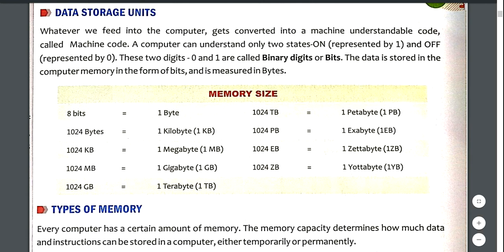Okay, so I hope you understood this topic, the difference between data, information and the storage unit. So you will have the exercise on this. The first question you will have: what is data? Second question is, what is information? And the third is, learn the memory size which is given on page number 5. Means all this 8 bits is equal to 1 byte, and so on till 124 zettabyte is equal to 1 yottabyte. That you have to learn.